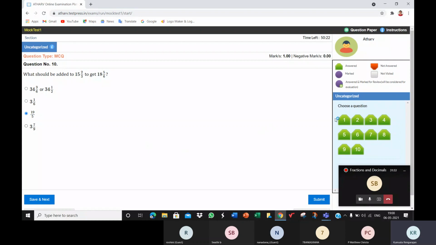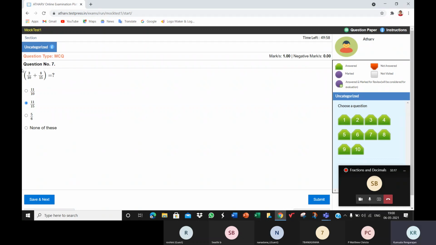If I want to go back and check, you can go back, children. You can go back to the first one and make sure you have answered it correctly. You can just tap on that particular question. Tap on question number 1, it will take you to 1. Suppose you want to see 7, just tap on 7. You will go to question number 7.